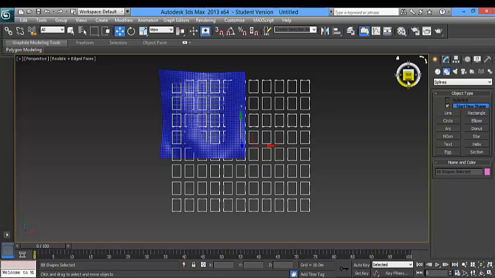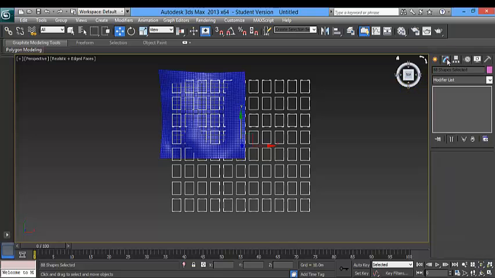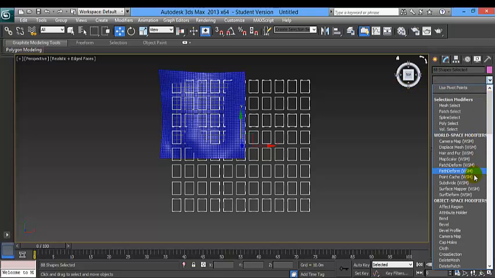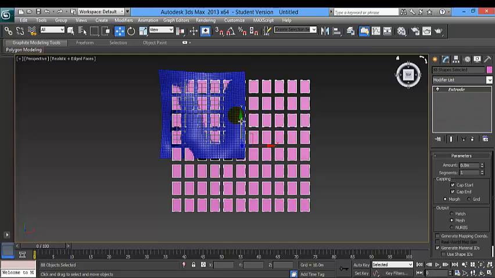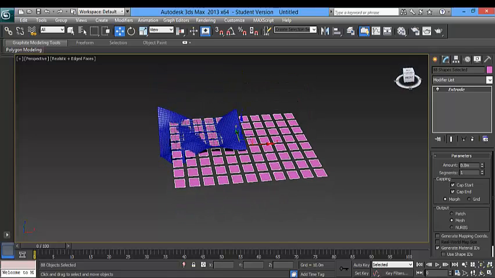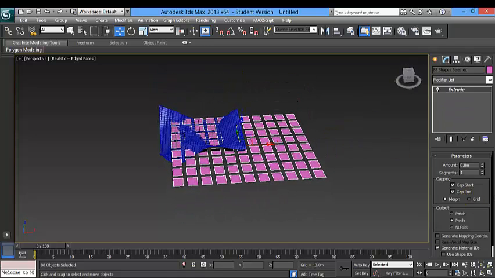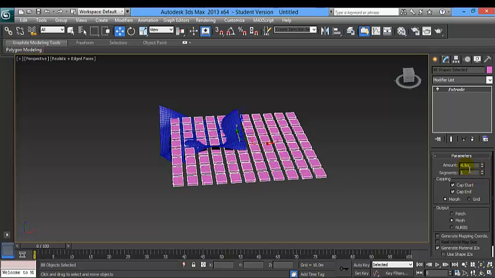Okay, and we are going to apply an extrude modifier. So now these rectangles are becoming a shape, a box. So we are going to give here the extrude amount of 10 meters.